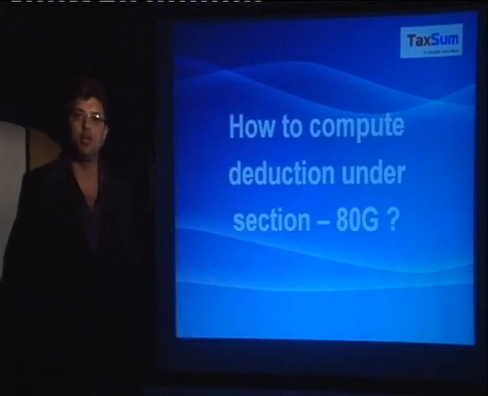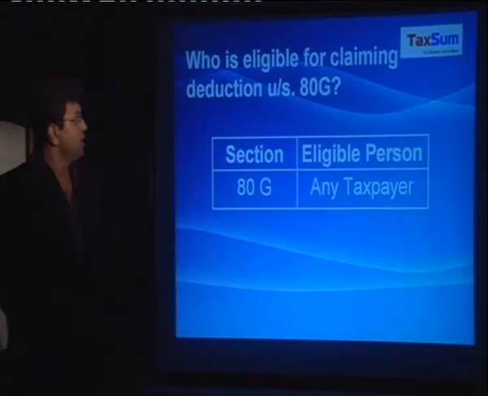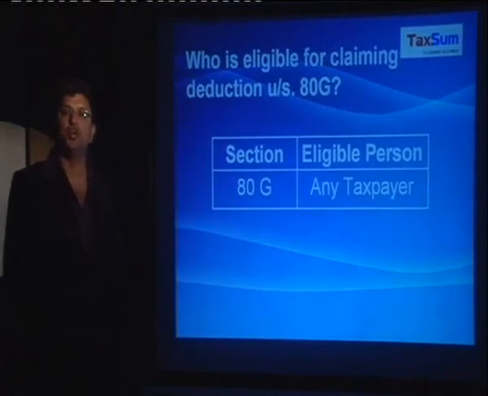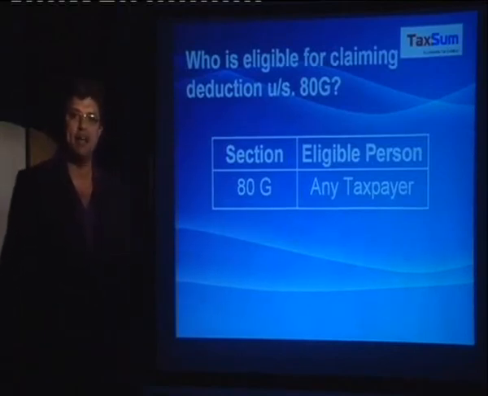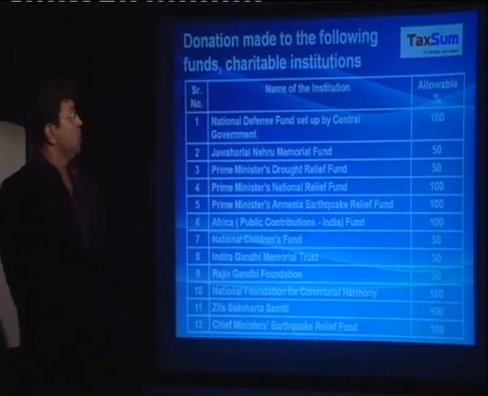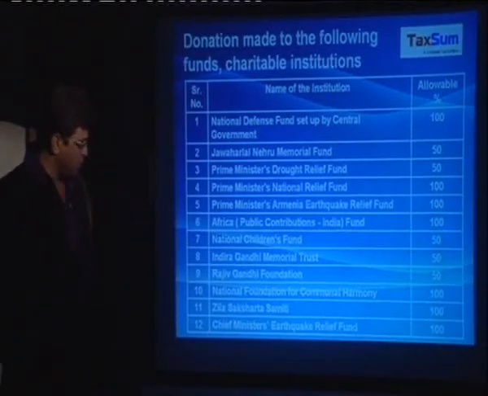How to compute deduction under section 80G. Deduction under section 80G can be claimed by any taxpayer, that is either individual, HUF, firm, company, BOI, any taxpayer. Donation made to the following funds and charitable institutions, that is starting from serial number 1 to 12,